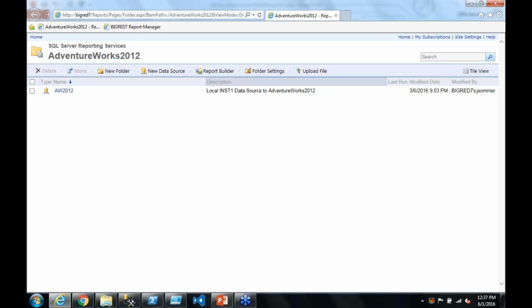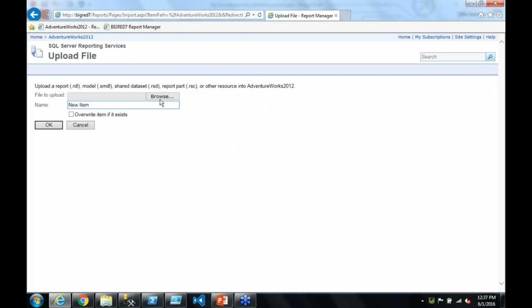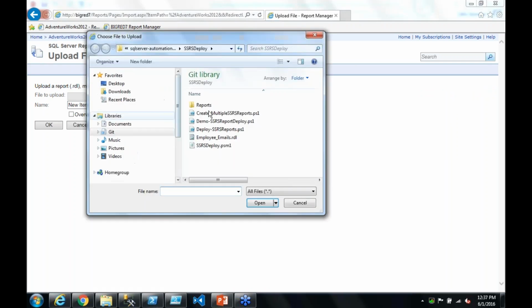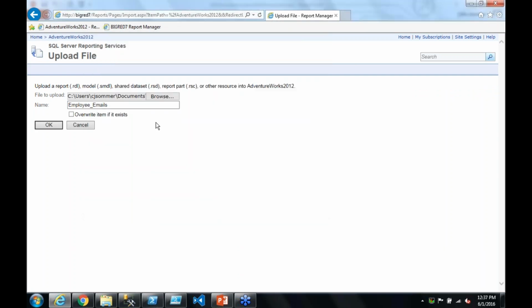For those of you who haven't ever deployed an SSRS report, I'll show you exactly how it happens. We're going to do it manually through the browser. The first thing you have to do is select the file to upload, which is an RDL file. So you select your RDL file, you give it a name, you can tell it to overwrite if it exists. Click OK, and now it's uploading that report into SSRS, my local